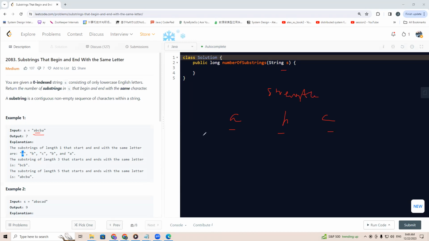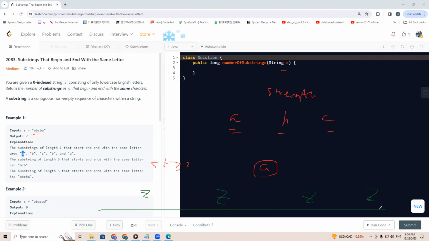So if the substring length is greater than or equal to 2, instead let's count those kinds of substrings one by one. What we're thinking about is that we can look at, for example, the character A, and how many times it appears. For example, we have a character Z, and if it appears M times